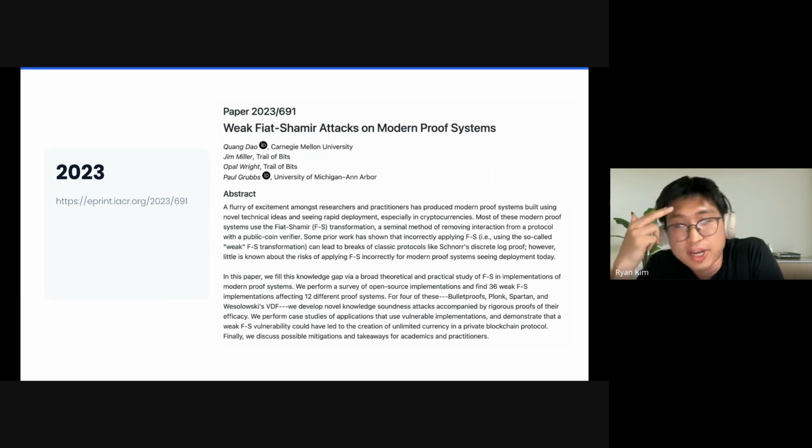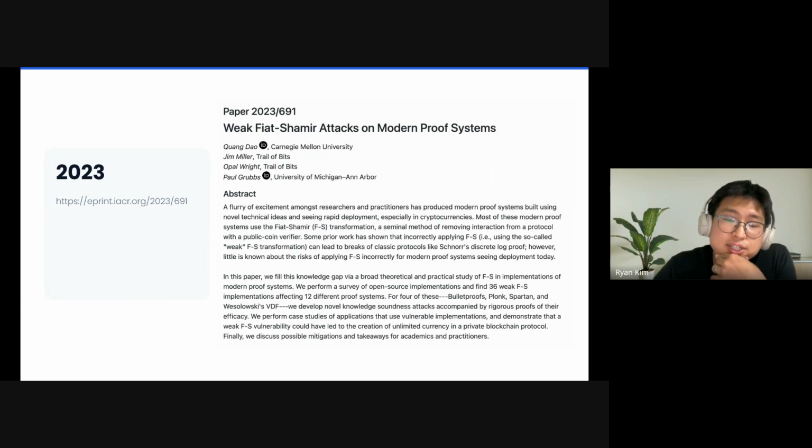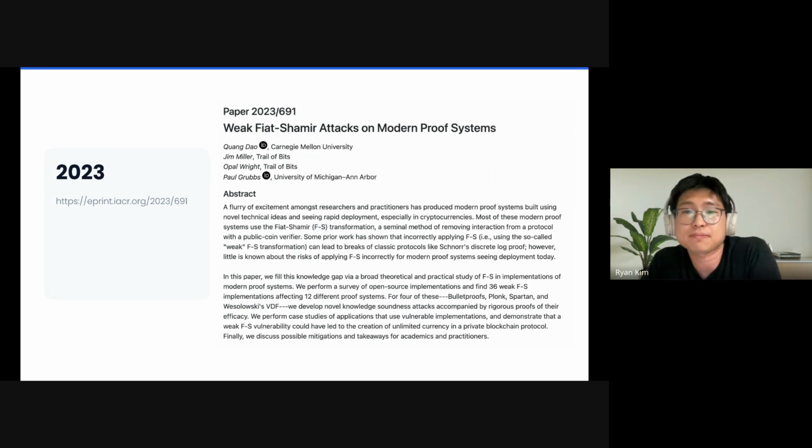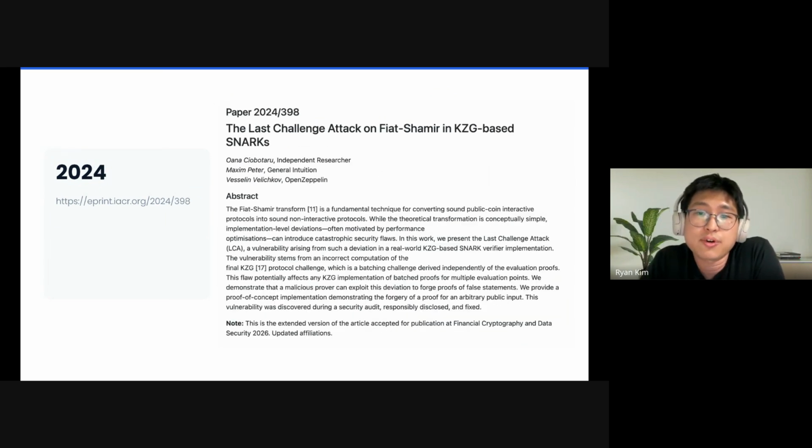The authors surveyed open source ZK implementations and found 30 Fiat-Shamir vulnerability instances across 12 different proof systems, and some production codebases, Bulletproofs, Plonk, Spartan implementations, were shipping with Fiat-Shamir flaws. In 2024, the next paper was the Last Challenge Attack on Fiat-Shamir in KZG-based SNARKs. Here's the bug. If you derive the batching challenge too early in the protocol, the attacker can pick the later-round proof values after seeing the challenge. And once you can do that, you can prove a false statement.